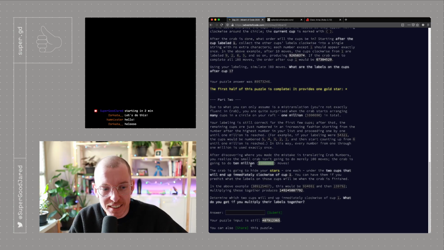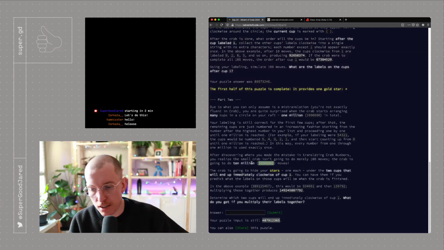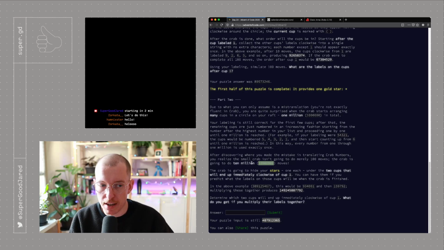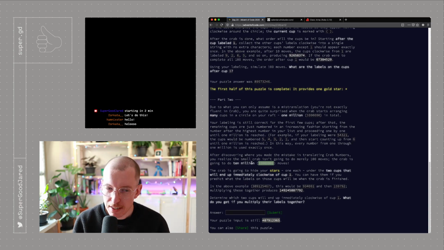And the way I did it, we need to come up with a way essentially to do this in constant time. So regardless of the number of cups we have, we need to not take more time on each step, which unfortunately the way I did it is not the case. My thought is we implement a linked list. I believe that we need only a singly linked list for this, and we